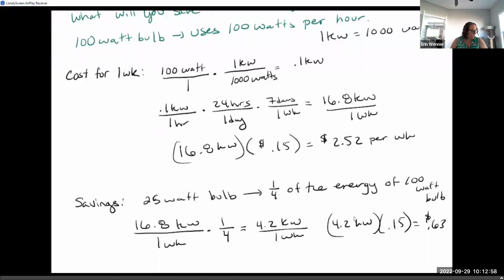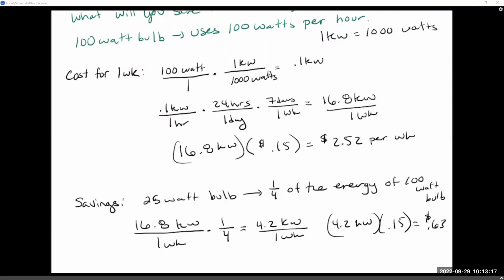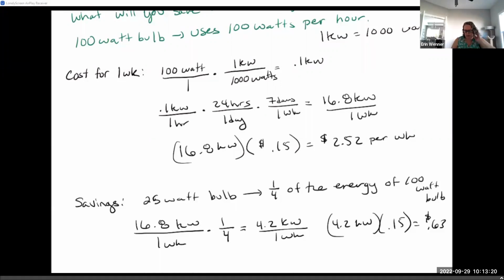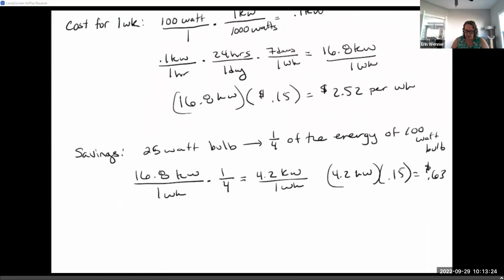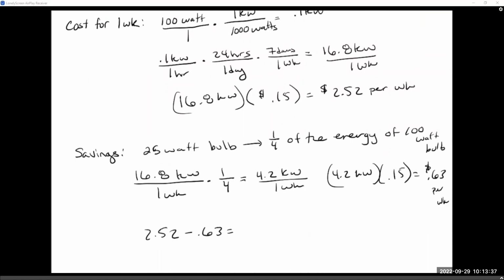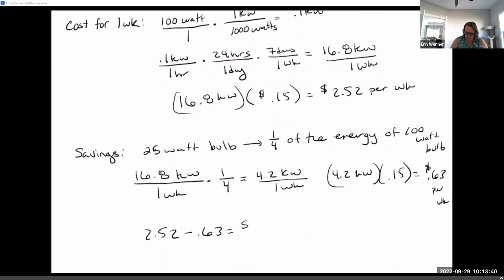So do I care about how much individually it's going to cost for each of them over the course of the whole year? Or do I just care about the savings over the course of the year? I thought you cared about both because you had to subtract. I do have to subtract, but I can subtract from the very beginning. Meaning if I've got $2.52 per week for the original one and 63 cents per week for the second one, I can do 2.52 minus 0.63, which gives us $1.89 in savings